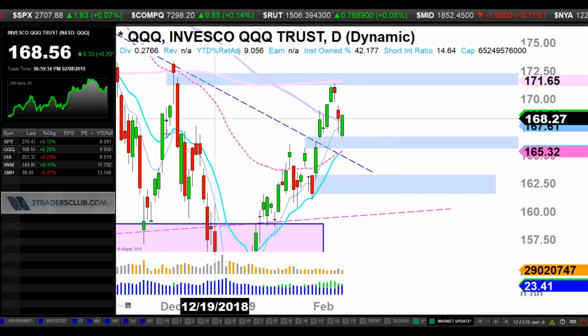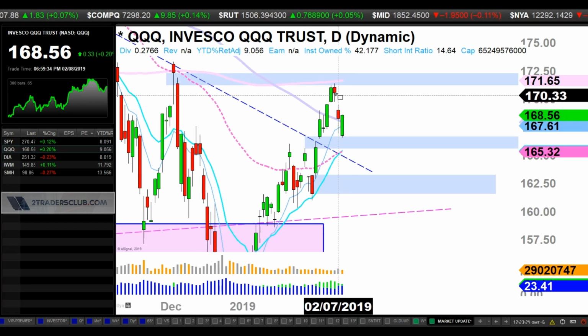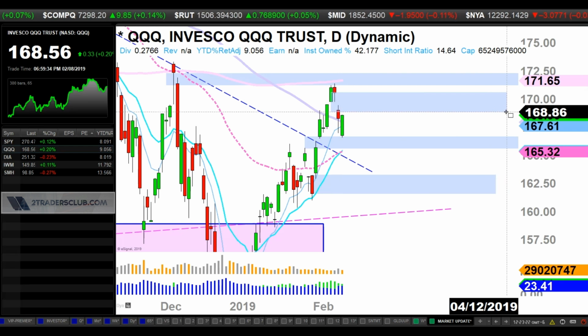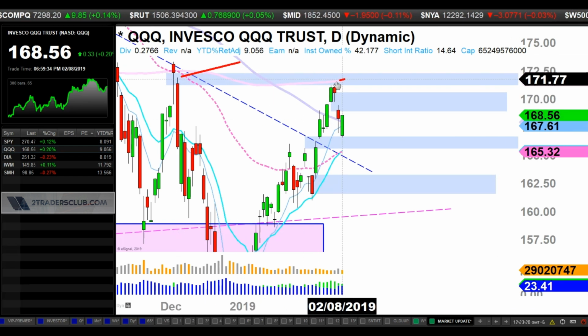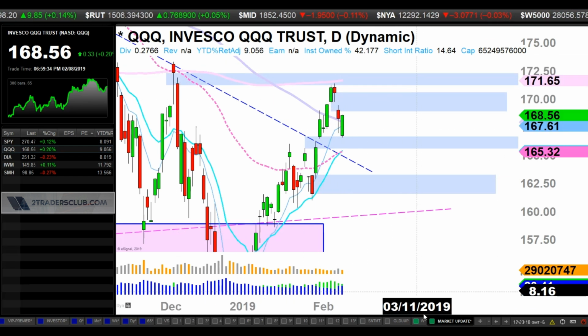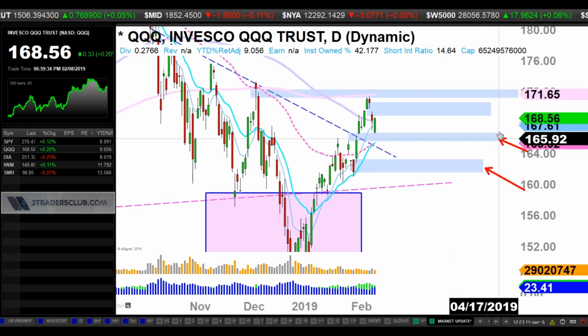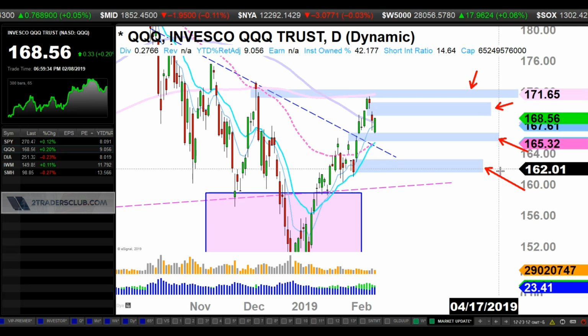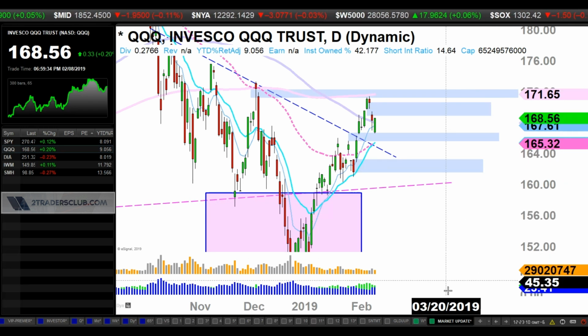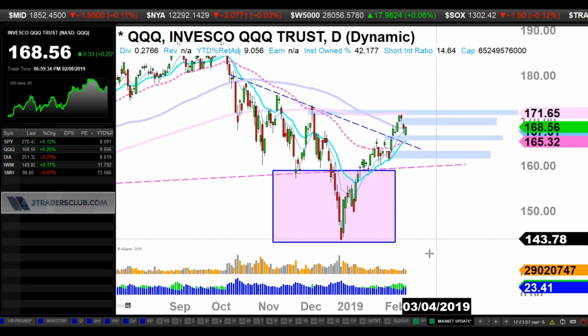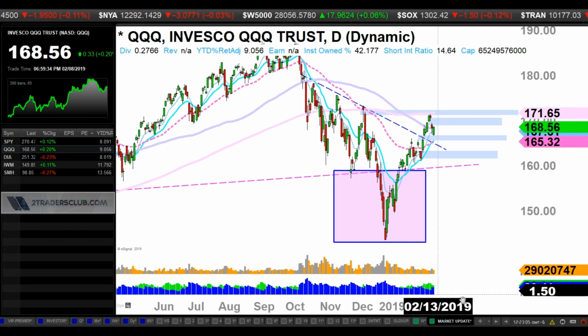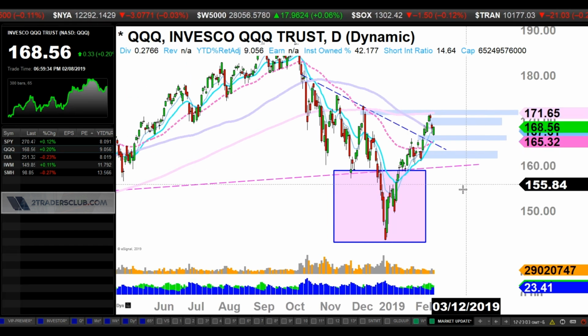Obviously, we need to see a follow-through. We got this gap open a couple of days ago, so we have this gap acting as resistance there, and we got that gap. So we have those two gaps here, but bulls have opened some gaps here too. We have a couple of downside gaps and a couple of upside gaps. So a lot of battles are happening. But again, bears have lost a lot of their real estate.